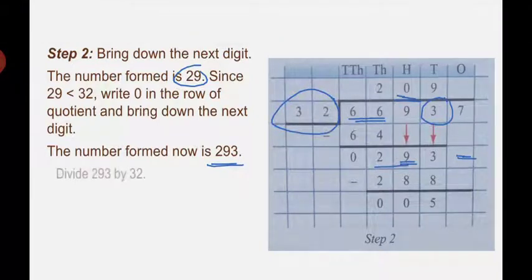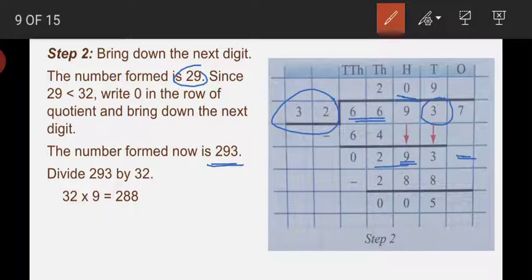Next we have to find the multiple of 32 that is less than or equal to 293. We have to divide 293 by 32. So if we multiply 32 by 9, we get 288. You have to check by multiplying with 1, by multiplying with 2, and in this way multiply up to a number less than or equal to this number. Here we get 288, which is less than